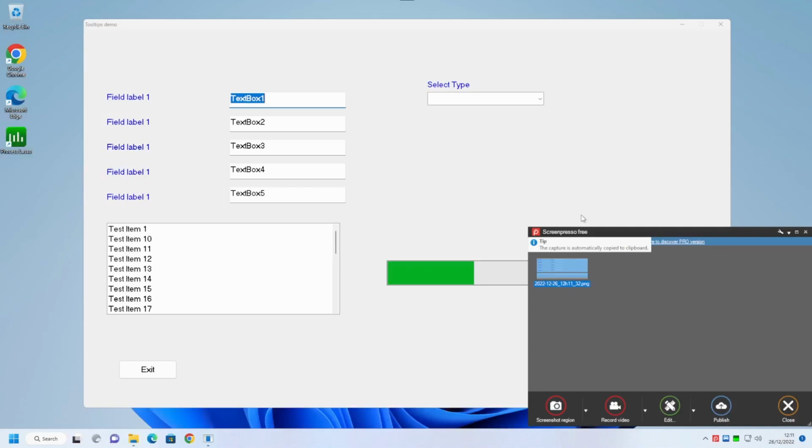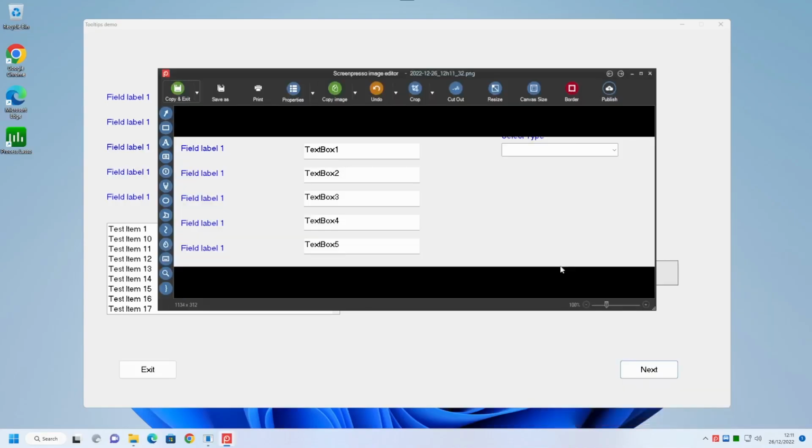And once we've captured that area of the screen, this appears in the window here of all the images you have captured. If we double click on it, it takes us into an editor window. So not only can we capture an area of the screen, we can now make an edit of that file. So let's say for example in this screenshot we want to document the order the screen should be filled in. We can go to the numbers field to add numbering. And we can put a number in for each of these.